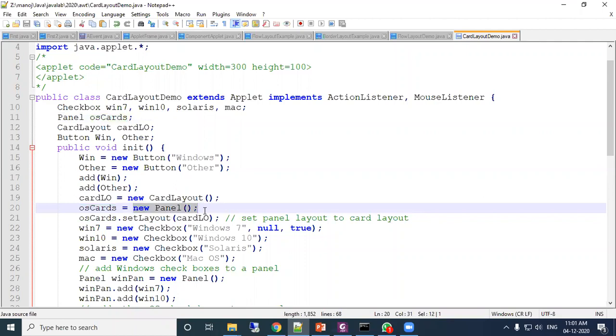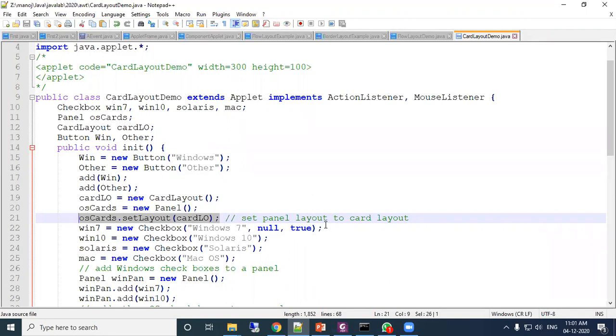New Panel means the container is created here, and the reference is created at this location. Then osCards.setLayout(cardLO). So osCards, that is the panel layout. There are different types of layout. So here we have set the layout as cardLO. cardLO means that card layout type layout is set here.